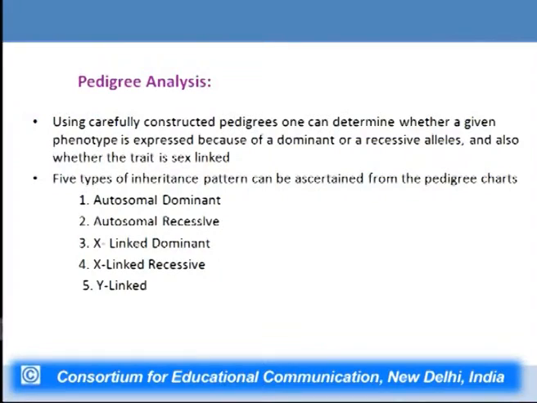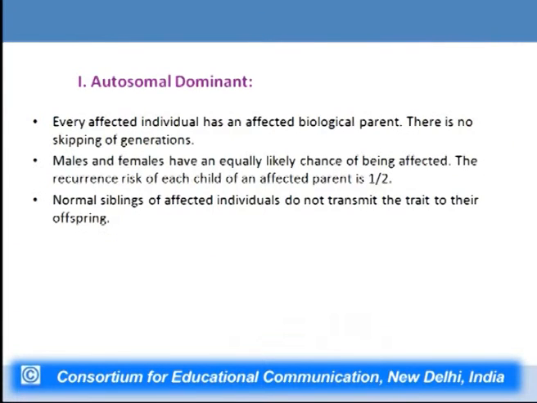There are 5 different types of inheritance patterns which can be ascertained from the pedigree chart, and these inheritance patterns are: autosomal dominant inheritance, autosomal recessive inheritance, X-linked dominant inheritance, X-linked recessive inheritance, and Y-linked inheritance. I will be talking about all of these inheritance patterns one by one. So, the first one is